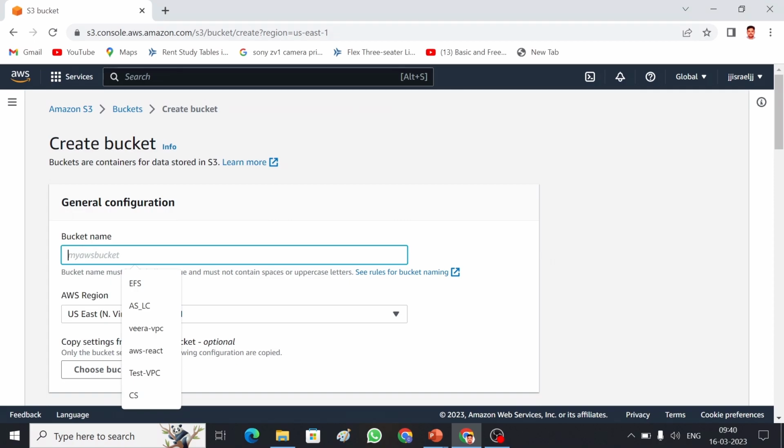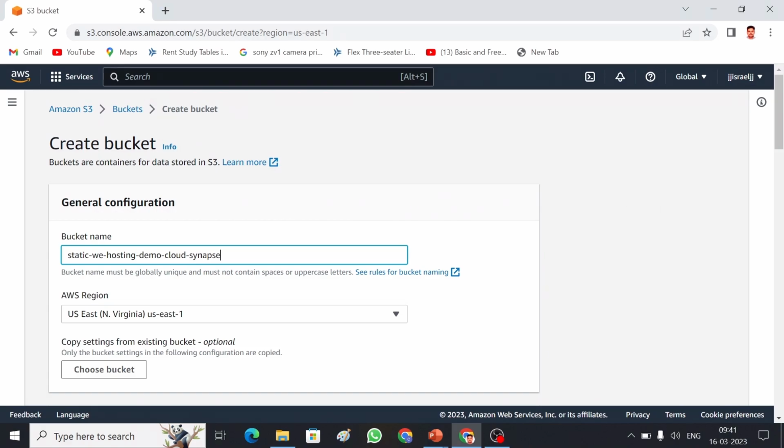I'm going to name it static web hosting demo cloud synapse. Okay, so actually this name should be unique around the globe because the bucket name is quite similar to